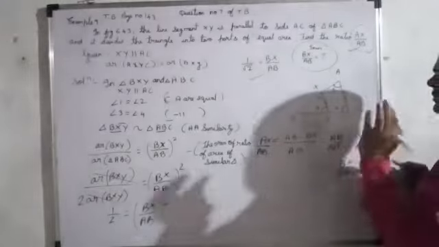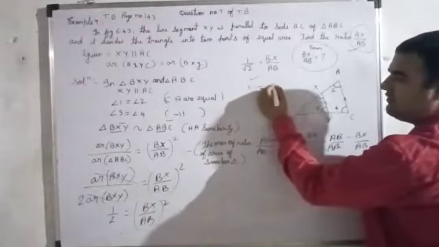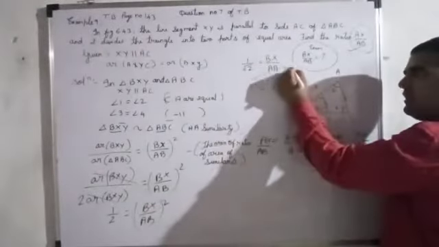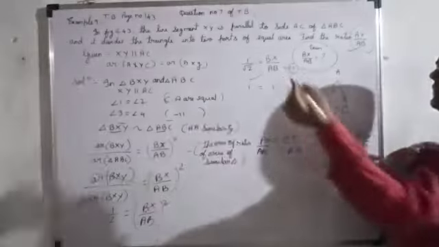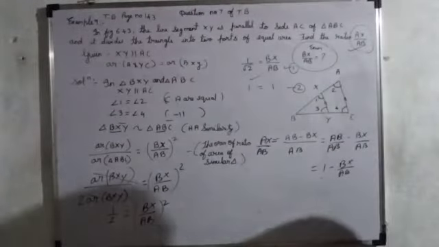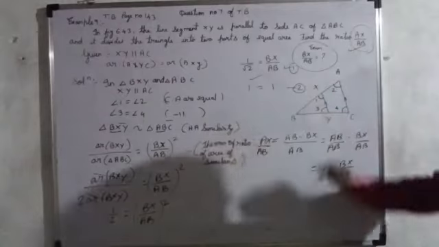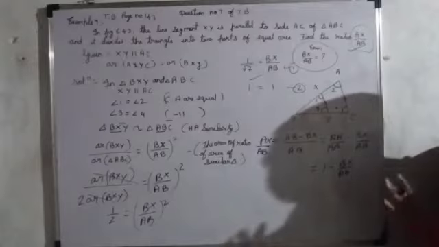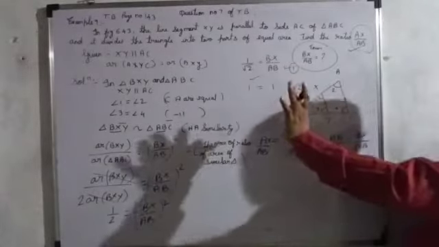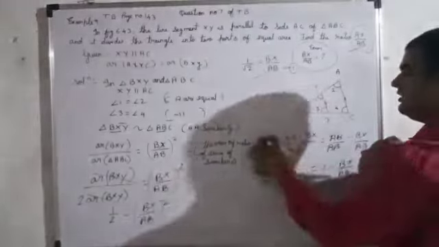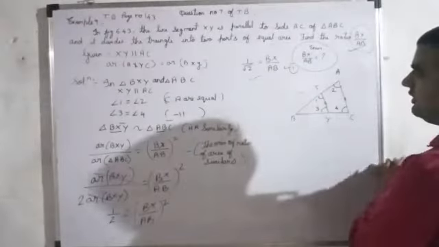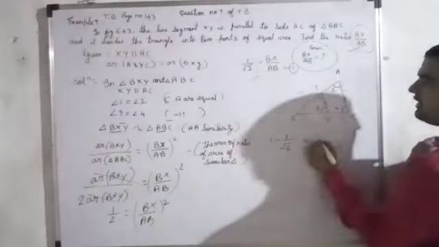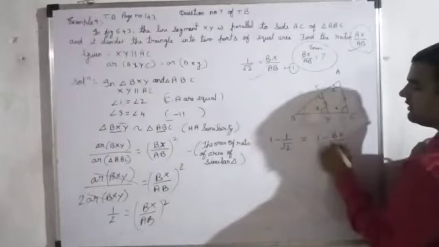I need to do one operation. It is 1 equals to 1. So what will you do? You have to subtract this equation 1 from 2. Like this you have to do. Okay? Simple. I will take 1 equals to 1 and 1 by root 2 equals to BX upon AB. Why? Because 1 minus BX upon AB. And simply here adjust the 1 minus. Don't need to take equation 2. So I am writing here. By performing this, 1 minus 1 by root 2 equals to 1 minus BX by AB.